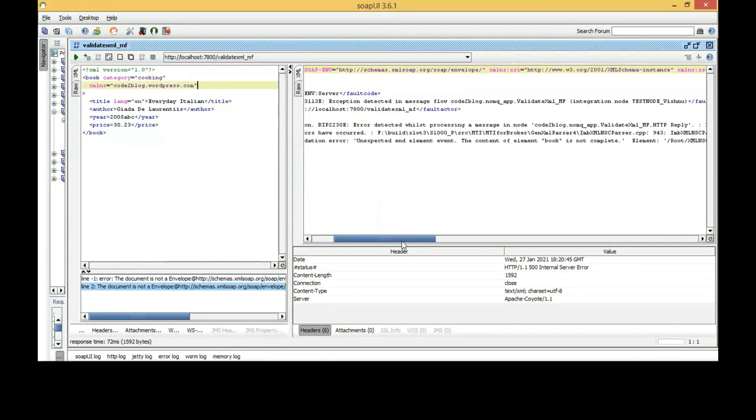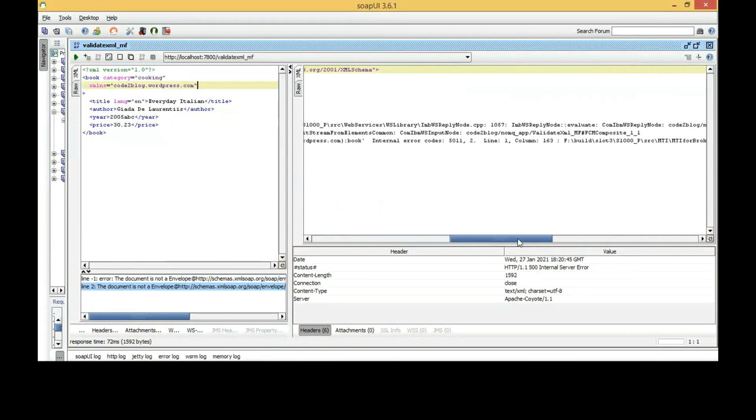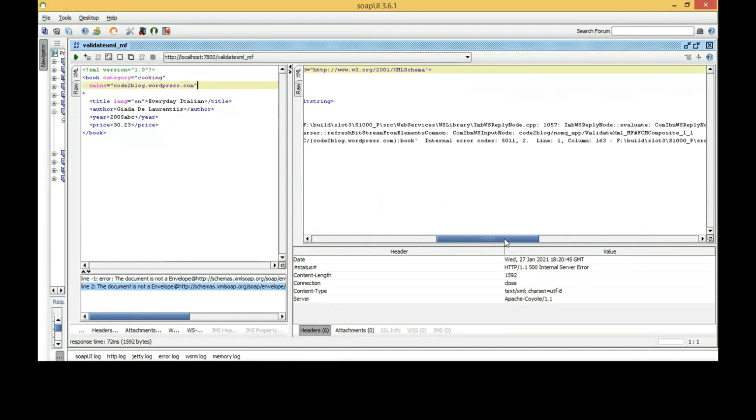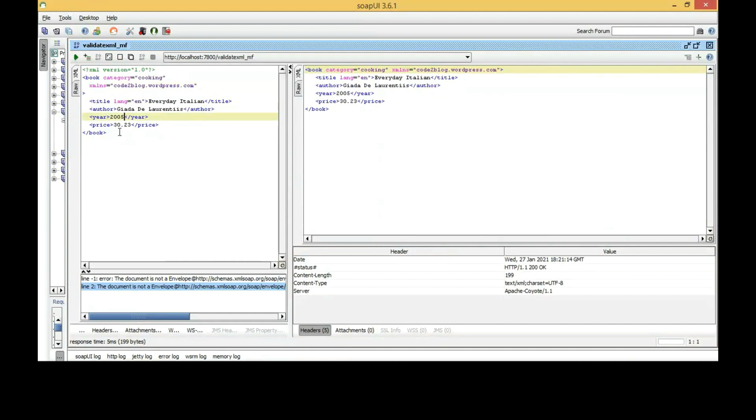An error has occurred and it is telling you which field has failed. Fix the value for the field here so that it's only an integer and you get a successful response.